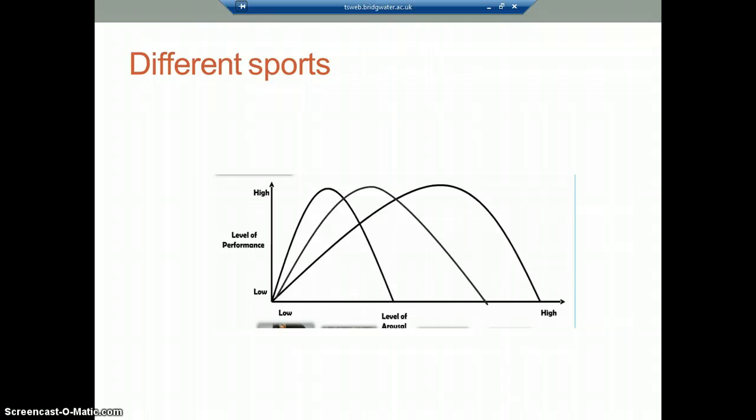The next is medium arousal, and this would be football, where it is a mixture because you have a high arousal when you are making tackles. At the same time, you need to have low arousal to make more precise movements such as a free kick or a pass, because it's more concentration and focus, and this is the second line. The high arousal sport would be more like a shot put, where it uses less concentration and is just one forceful movement. This is the third line going to high.